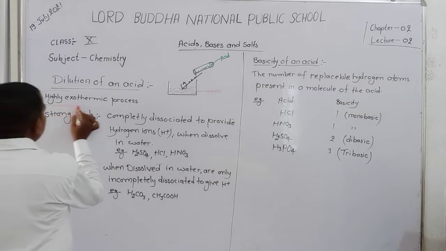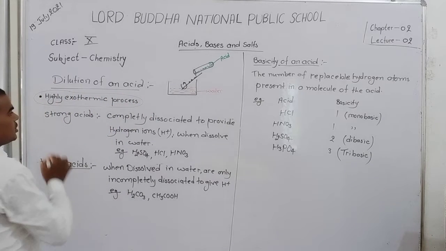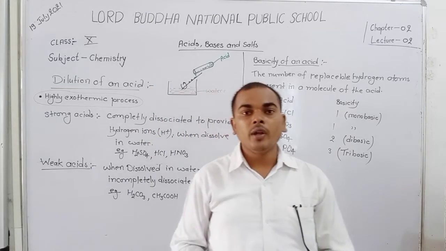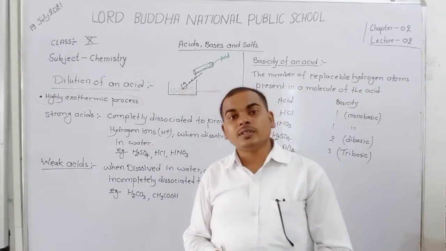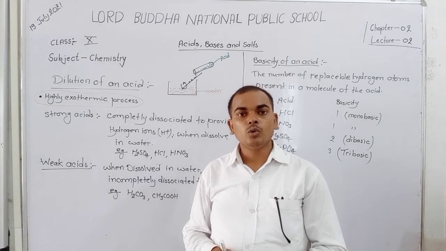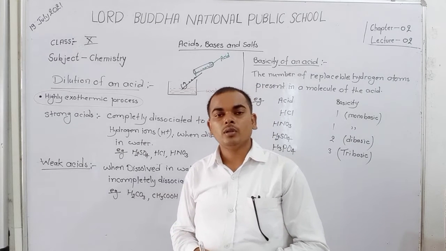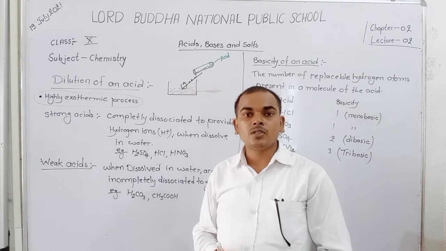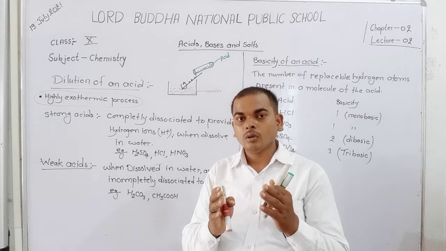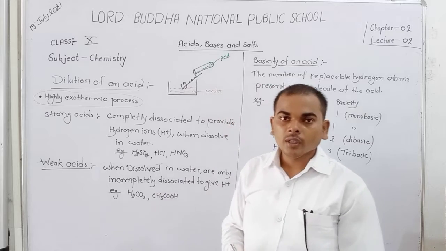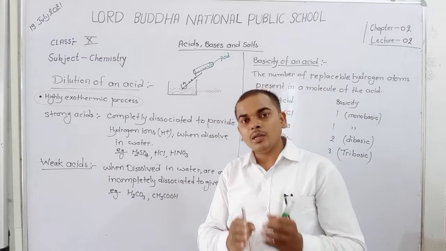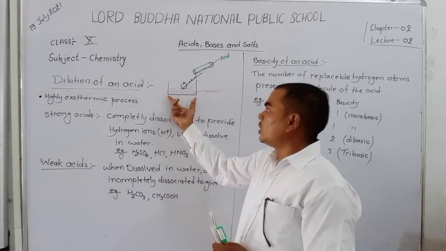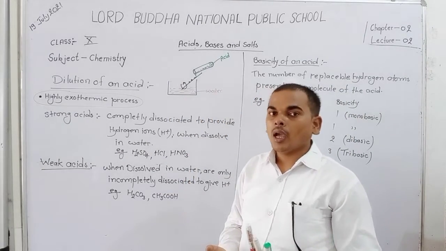Dilution is a highly exothermic process. It produces more and more heat when you add water to acid. So always remember, you don't add water to acid. The best method for dilution of acid is, firstly you take water in a beaker and